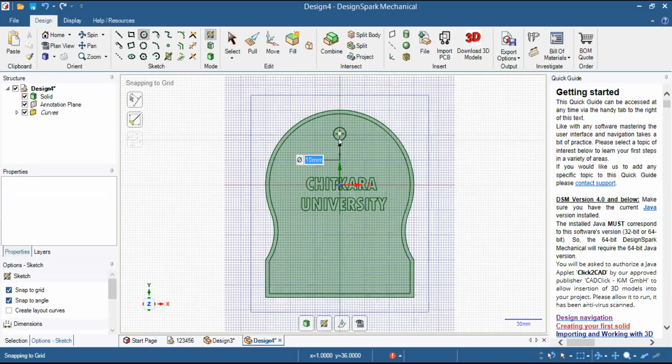That could be maybe 6 mm like this, and one circle over here, 6 mm, and one circle over here.